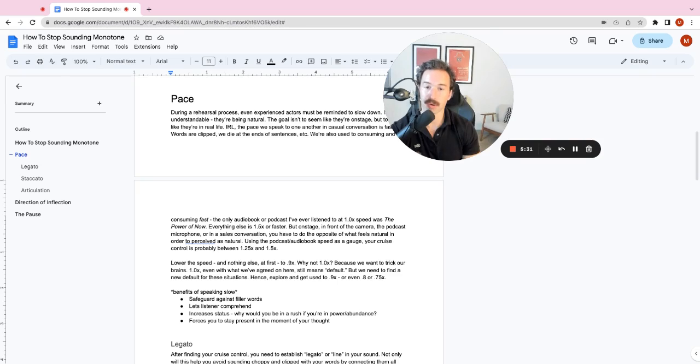So that's why we're going to explore and get used to a 0.9x, or even for the sake of exploration, right? We want to push the envelope all the way and then dial it back, or figure out what the optimal something is for whatever we're correcting, maybe a 0.8 or a 0.75x. So some of the benefits of speaking slow, right? In addition to being able to be comprehended, it's going to be a big safeguard against using filler words. You're giving yourself time to gather your thoughts, which means that you don't have to say like or or any of these other idiosyncrasies that we put in there to fill space.